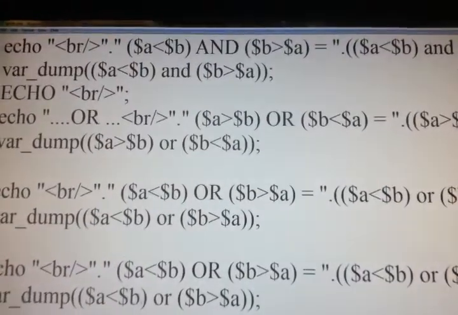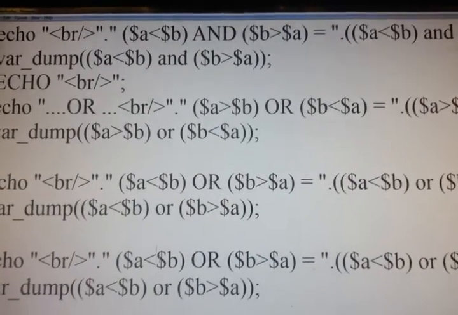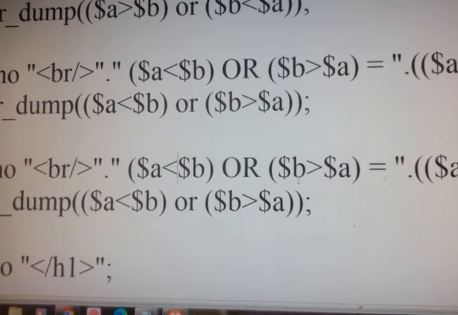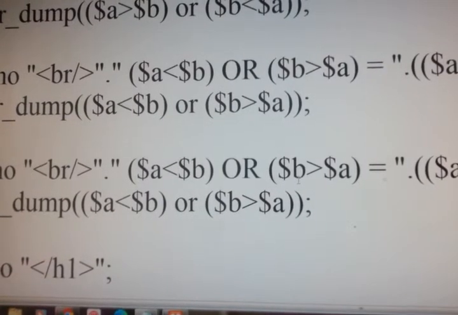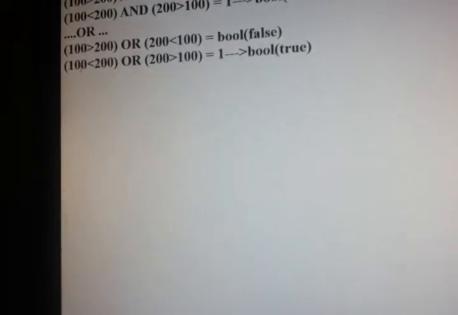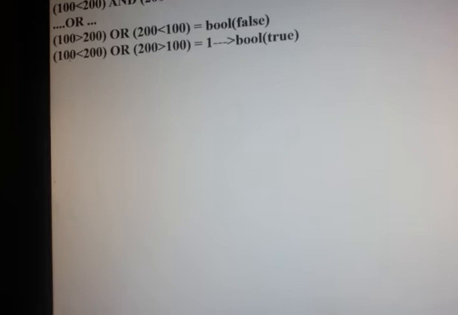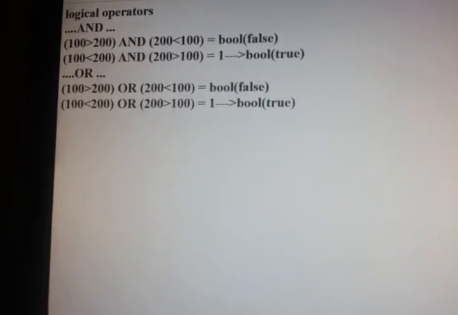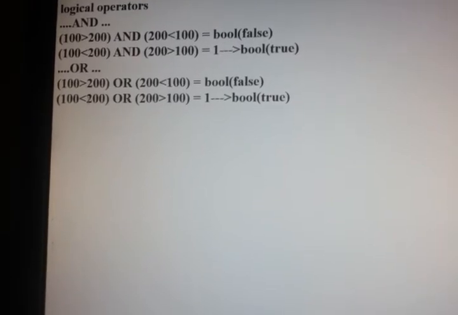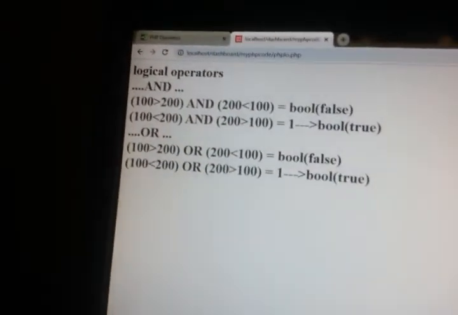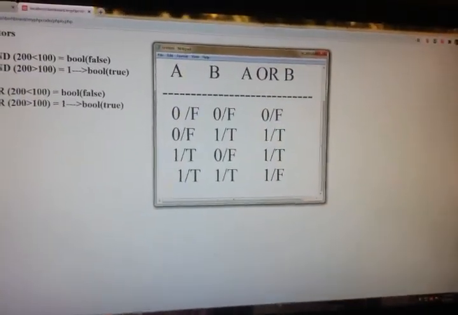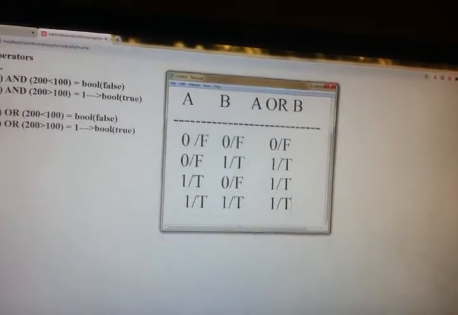100 less than 200 is true, and this is also true. So 100 less than 200 is true. True or true, 1 or 1. So 1 plus 1 we got 1. So this is 1 and this is true.